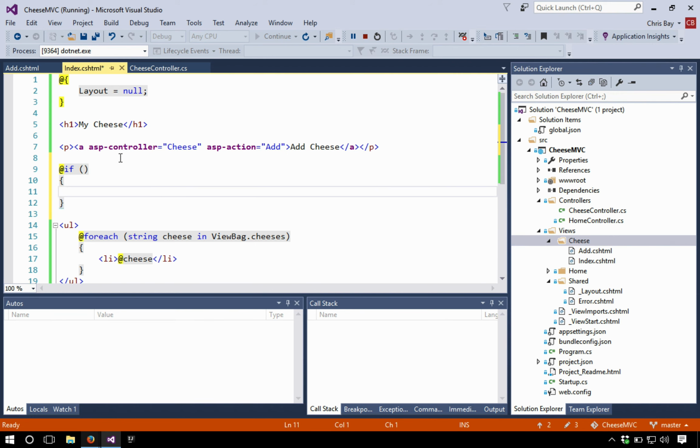Okay, so let me do that and just add that right here. What I want to say here is, if there were no cheeses in the list that was passed to me, let's display a message. That list that was passed to me is the same one that I'm iterating over down here. So let me go ahead and copy that code and say if view bag.cheeses/count